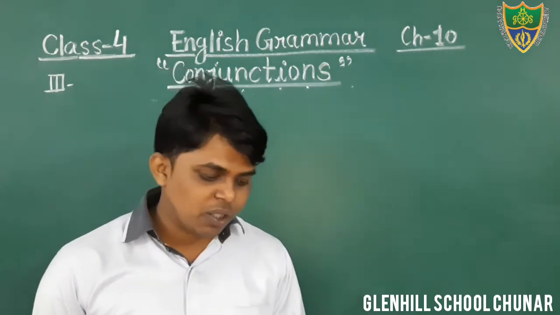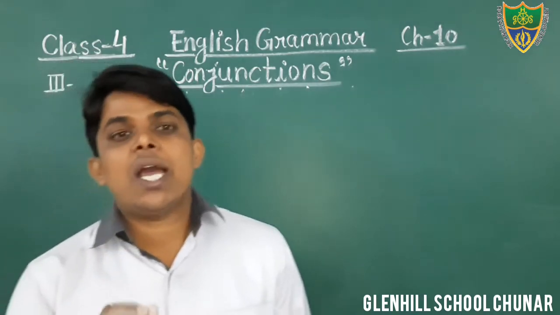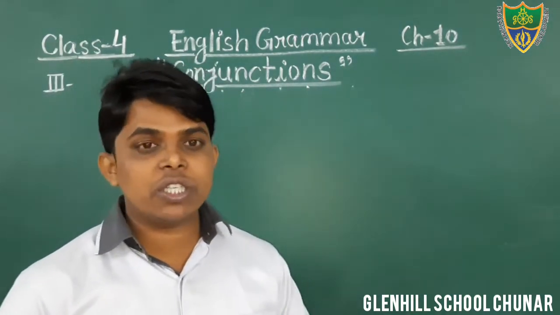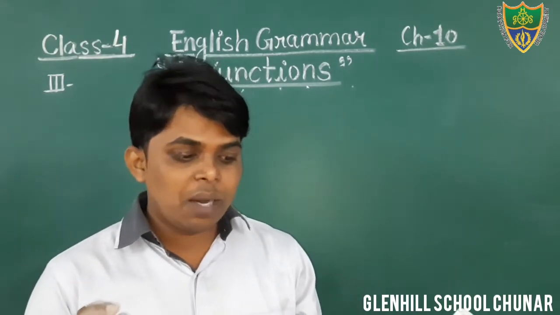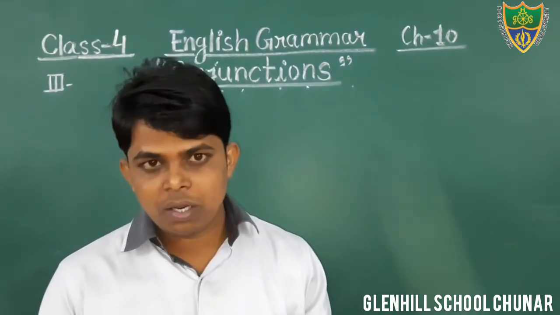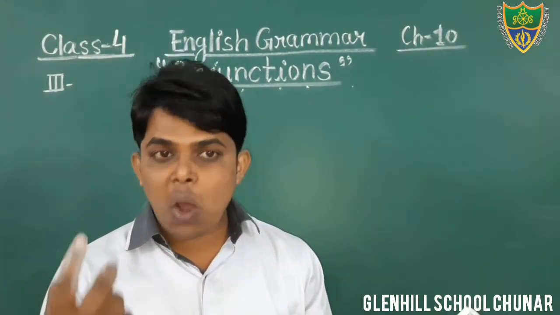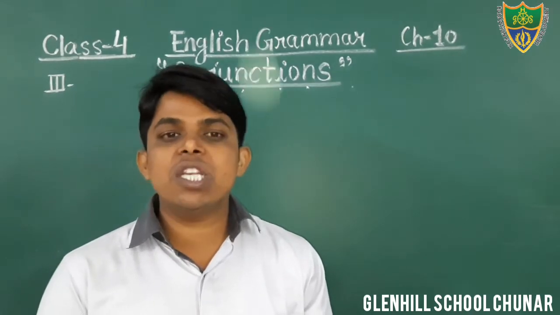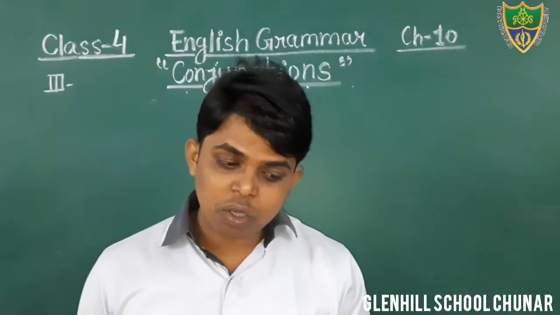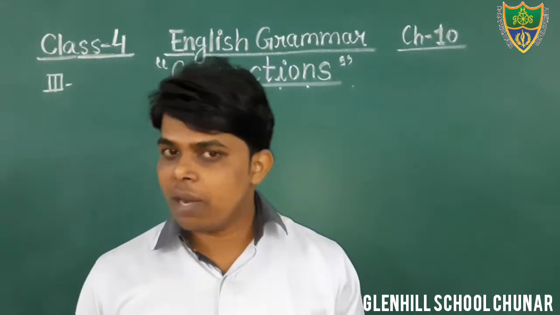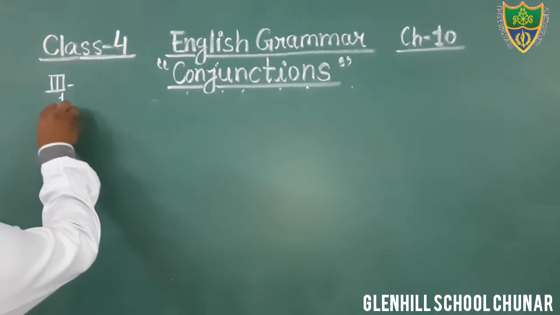Okay, just see students, first question is given. Sona may be at home. Just see students, I will write the answer only. You just read the question from your book. Sona may be at home. Ravi may be in the cinema hall. Okay, students, there are 2 sentences given, and you have to join these 2 sentences using the conjunction. Just see, students, neither Sona may be at home nor Ravi in the cinema hall. Just write down the answer. First, dear students, I am writing only the answer.